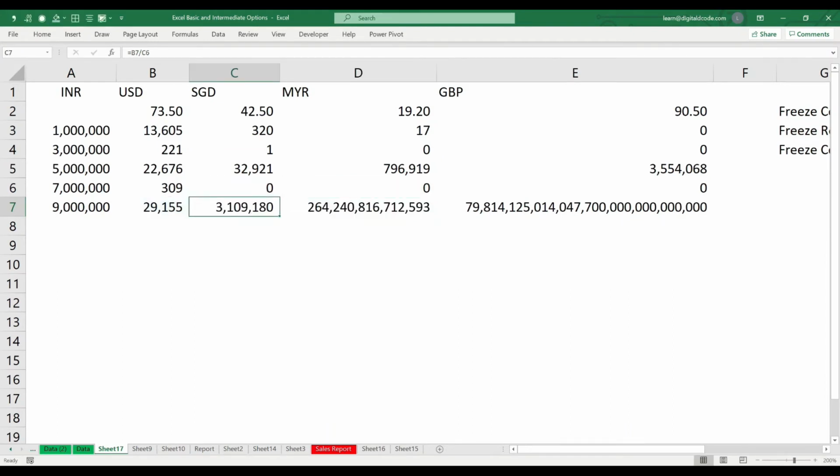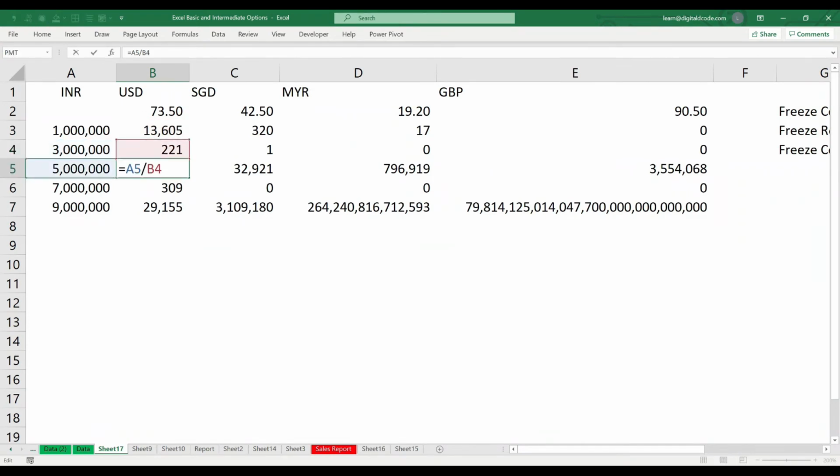Now the reason is, the first cell is working fine because we manually did the calculation. But if I paste the same formula down, it's picking the correct column, but instead of 73.5, it's picking the next cell value 13,605.